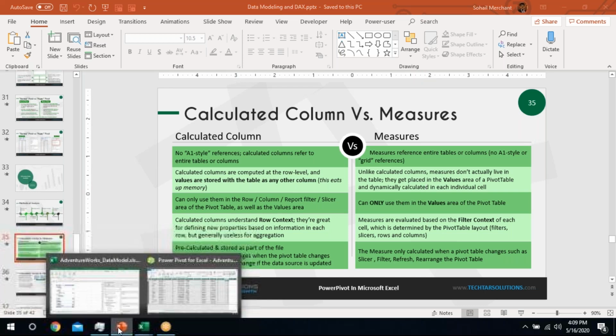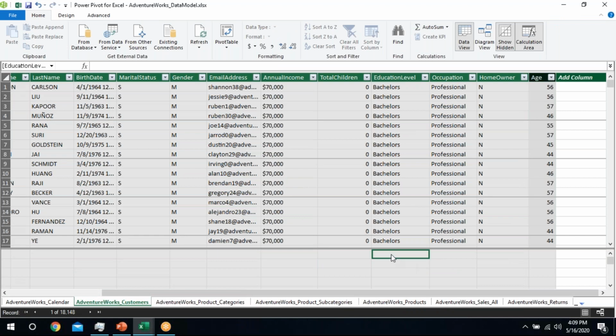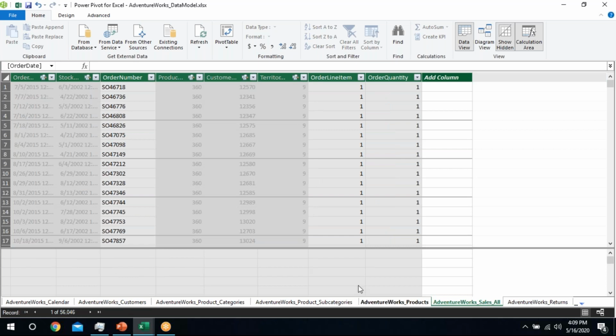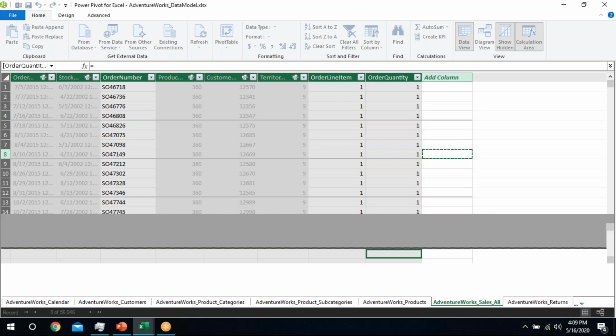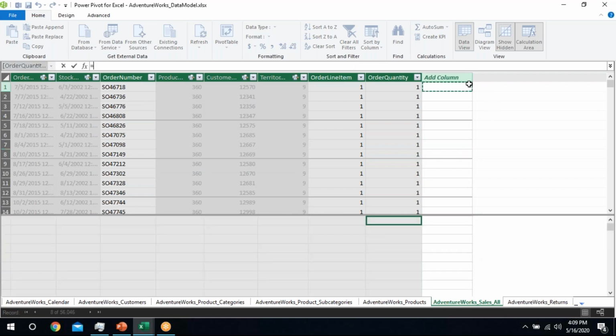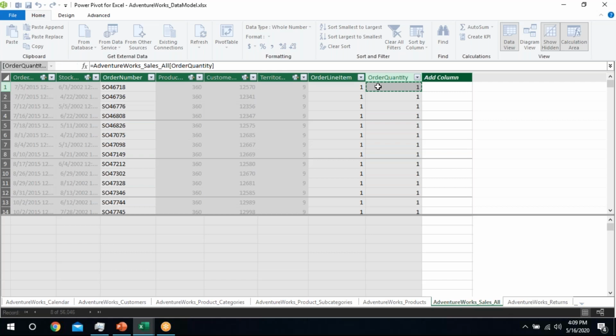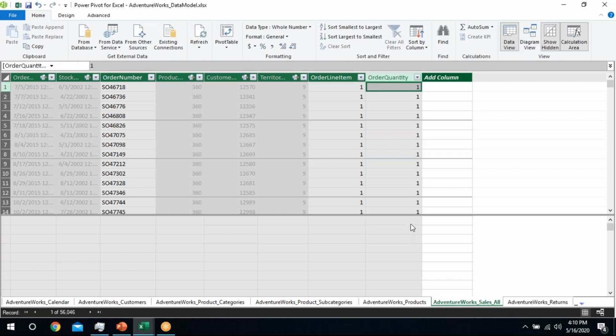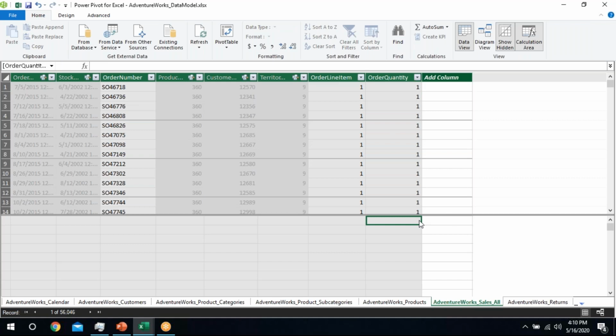Yes, what is a measure? Let's understand measures and their description. So I am in my sales table and I want to know the total quantity I have sold, right? Before that, this environment is divided by this gray line: above is the data table which has been imported in Power Pivot, whereas below this gray line is the area for measure calculation.